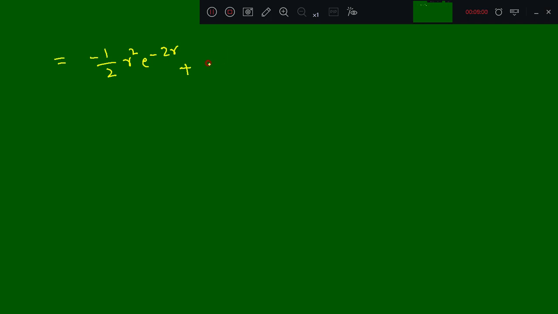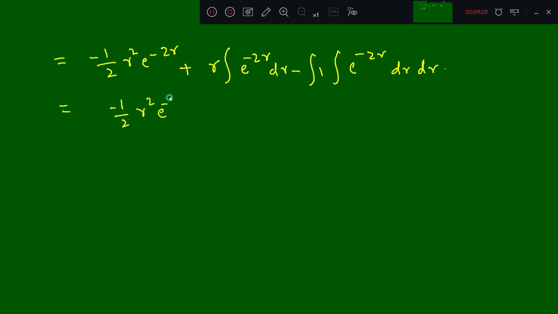So it is again r integration e raised to minus 2r into dr minus integration, r differentiation is 1, then integration of e raised to minus 2r dr into dr. So this value you will get as minus 1 by 2 r square e raised to minus 2r plus